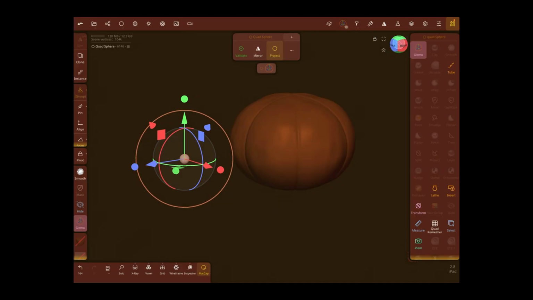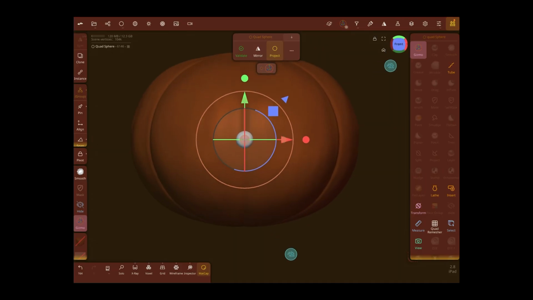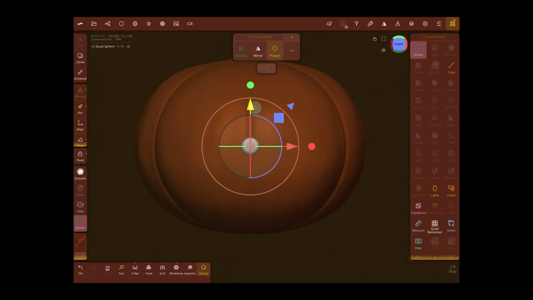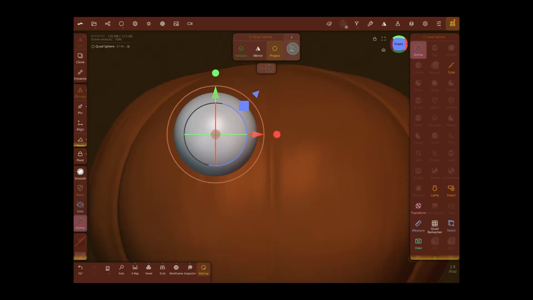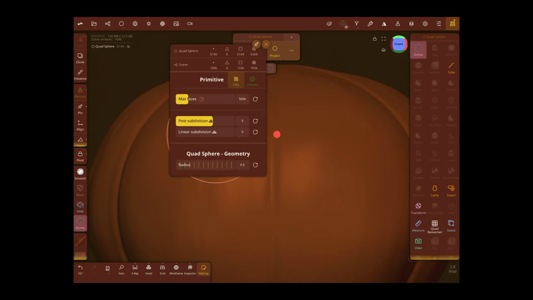I'm going to hit my face, and then you can see you can move this up and over, and that's way too small. We want this pumpkin spider to be almost, that's pretty good. Option panel with these 3 dots at the top, and you're going to see these max faces,